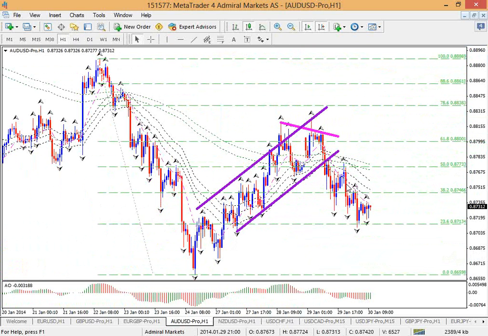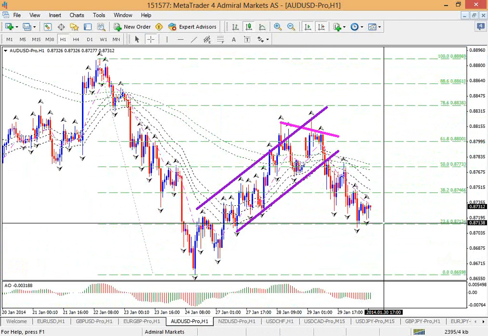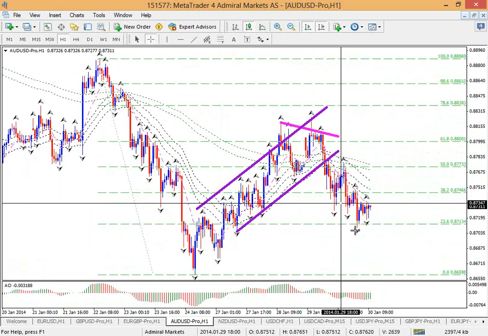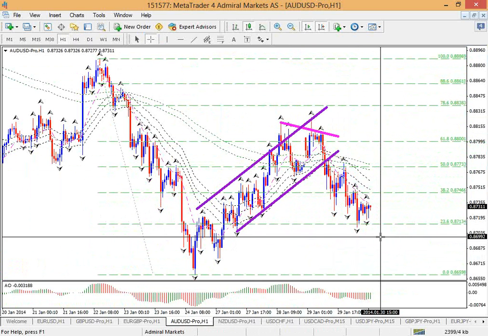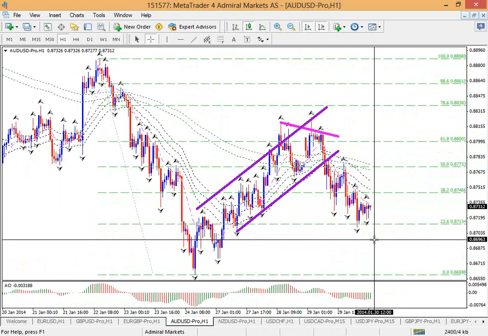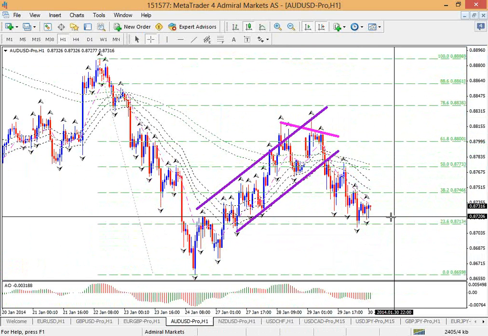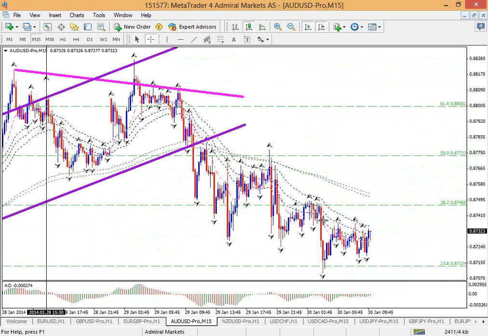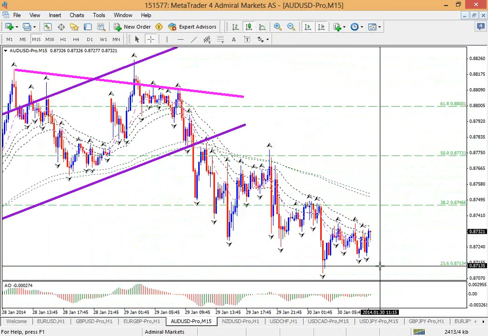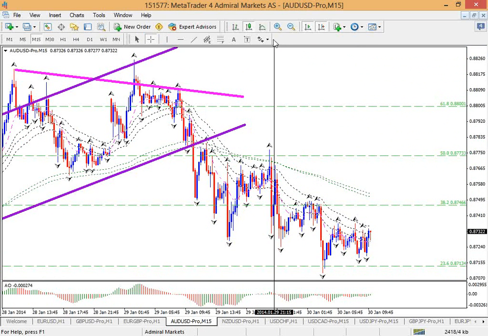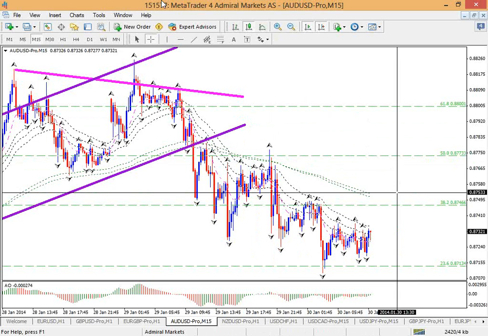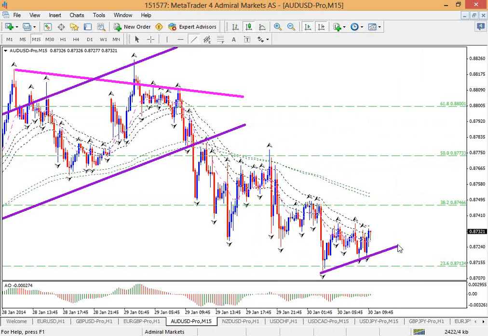The Aussie, after the break of this bear flag or channel, is moving down, but not maybe as fast as I would have thought the break would have given, but it did move down. Now not moving along with the Aussie though, I mean with the euro and pound. Let's see. This 50-minute chart is in a downtrend, certainly. So what we could look for is a continuation of this Aussie to the downside as well, just like the